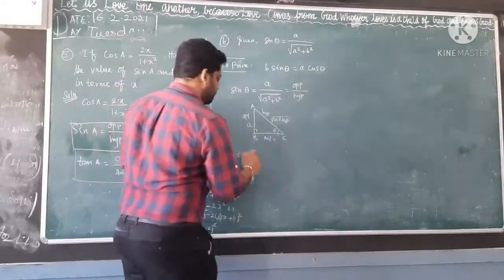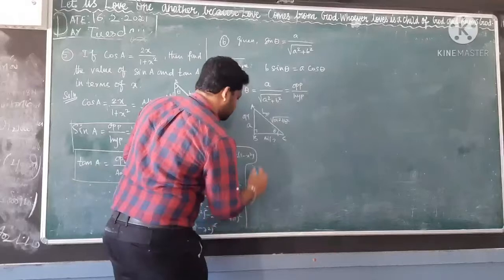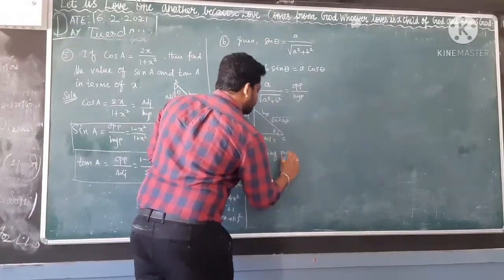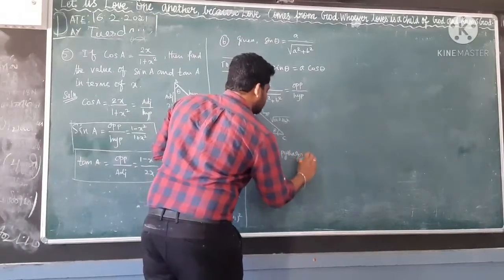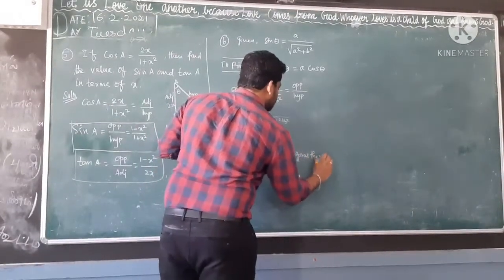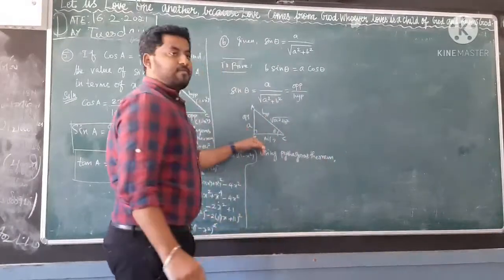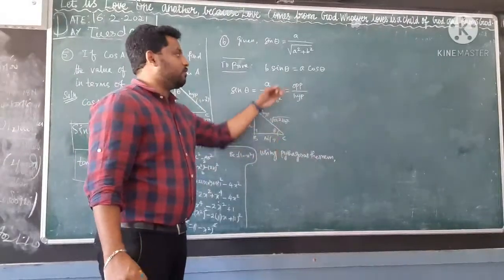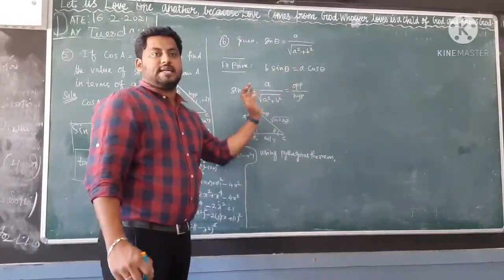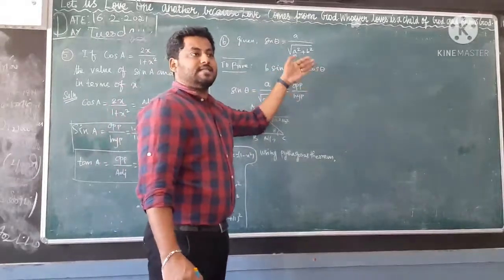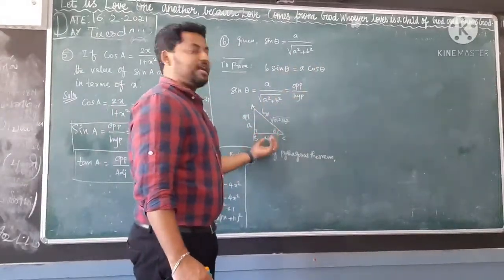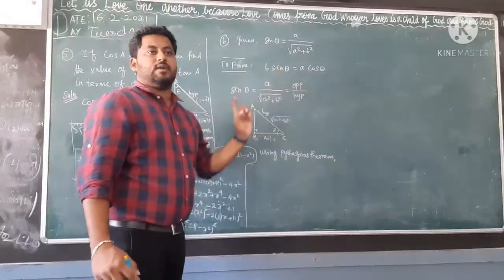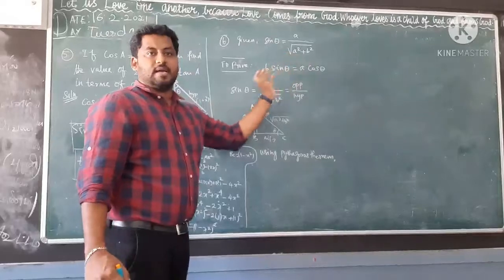So using Pythagoras theorem, we have to find out the value of adjacent. Adjacent side value we first find out, then only we can find the cos theta value. Cos theta ratio என்னது? Adjacent by hypotenuse. இங்க நமக்கு adjacent value clear இல்ல. So we have to find out the adjacent value, then only we can find the value of cos theta. அதுக்கு அப்புறம் தான் ரெண்டு ஈக்குவலா ப்ரூவ் பண்ணணும்.